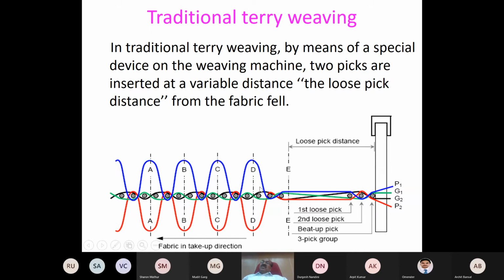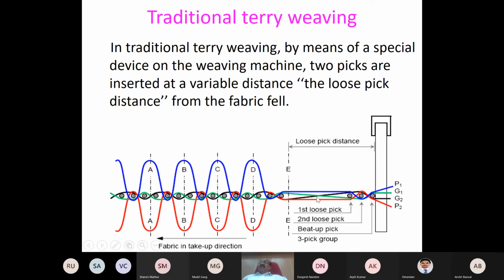So this structure is formed purely because of the variation in tension in these two different types of warp yarn. The pile warp here in this diagram, the blue and red one, is coming from a separate beam at a very low tension. That means if you try to draw this yarn, the beam rotates easily and unwinds the thread without any obstruction.